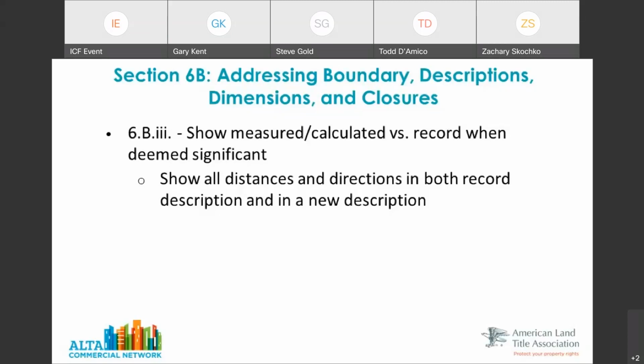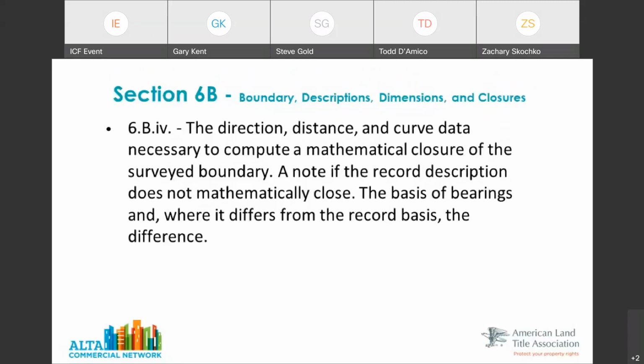So in some cases, you may only have one bearing and distance, and in other cases, you may have a bearing and distance for record and a bearing and distance for measured. And Todd, I might add that some surveyors will show that 100.00 or 0.01, as you well know. We kind of discourage that because it really is implying the measurements are better than what they are. So you may see that, but it really doesn't make much sense. Correct. It just kind of proves that surveyors are expert measurers in some cases, right? And get away from creating that boundary opinion that we're charged with.